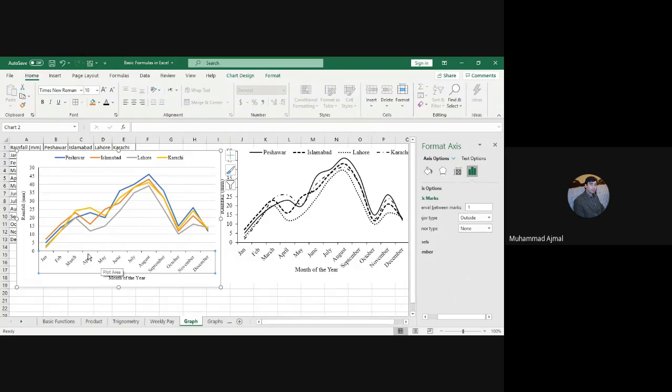The same, you just go to the other axis, click on that, and this menu is already open. Under the tick marks, click on the outside. If we set inside, these tick marks will be inside. So that we have done. So yes, okay, this kind of axis with the tick marks is now available. Now next is,